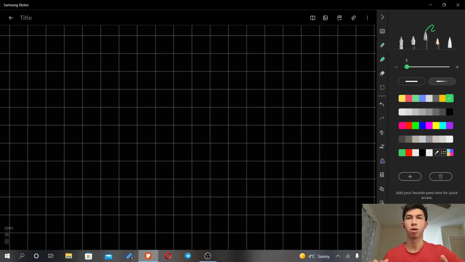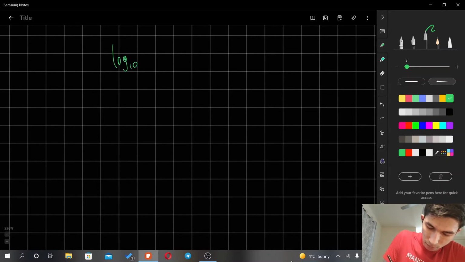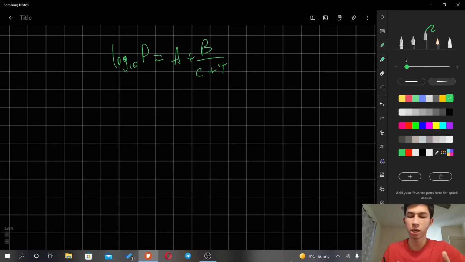So to solve our Antoine equation using the linear regression method, we have to set up our design matrix first. Our equation for the Antoine equation was log base 10 of p equals a plus b over c plus t. As you can see, we have one parameter in the denominator, which means we have to use the common denominator method to set up our design matrix. If you multiply c plus t to both sides, you will get c plus t